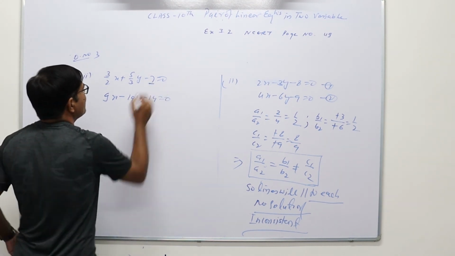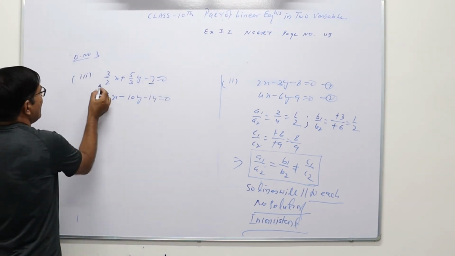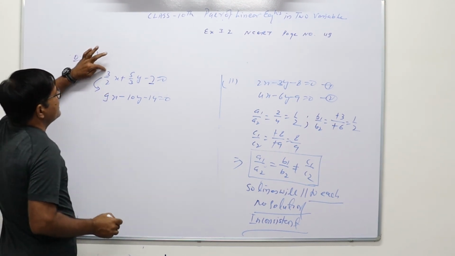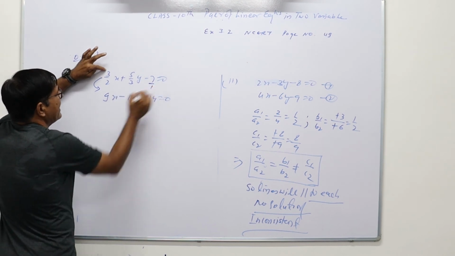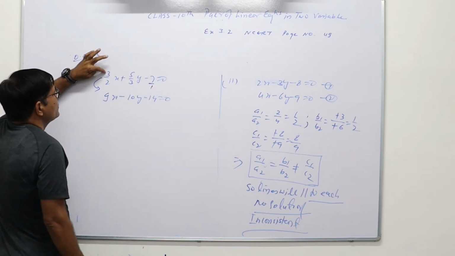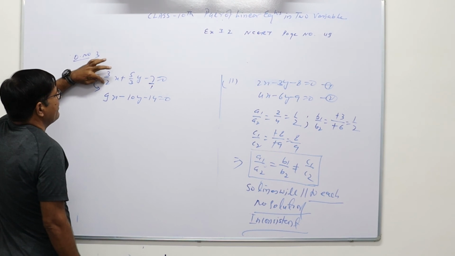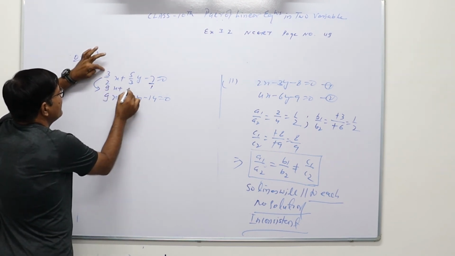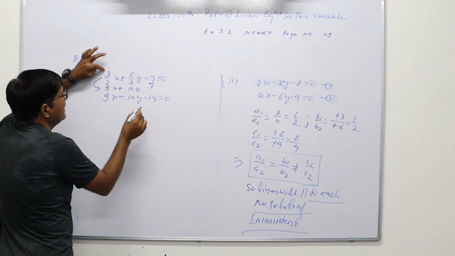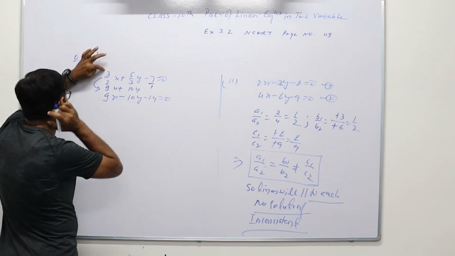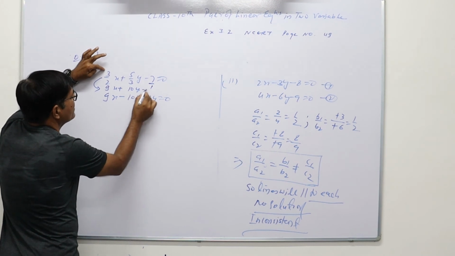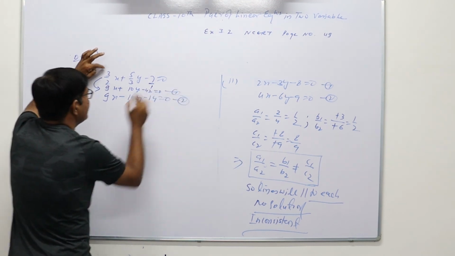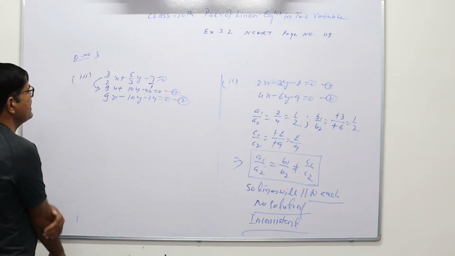अगर LCM लेंगे तो 6 LCM आएगा. So आप first equation को कैसे लिख सकते हैं यहाँ पे? By taking 6 LCM of denominator, 7 can be written as 7 upon 1. So 6. So 2 से divide करेंगे तो 3 3 जा, this will be 9x, this will be 10 of y, and this will be 6 7 जा minus 42 is equals to 0. Let this be equation first and this is equation number 2.